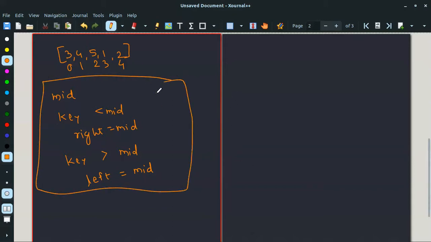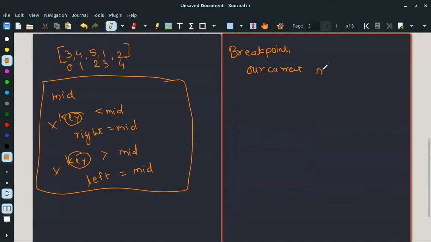But in this case, we have not been given a key, so the key is not present. We just have a property that this array is sorted, and we have to find the breakpoint where our current number is less than its next number, but it is less than both.